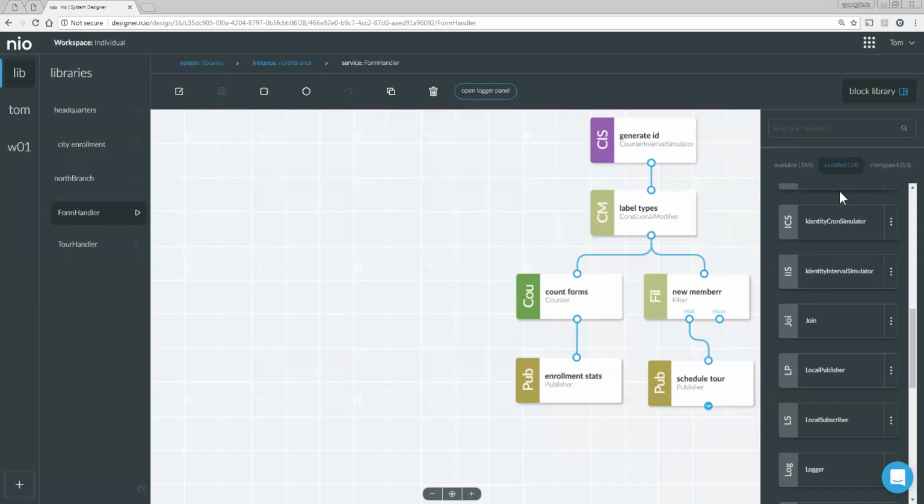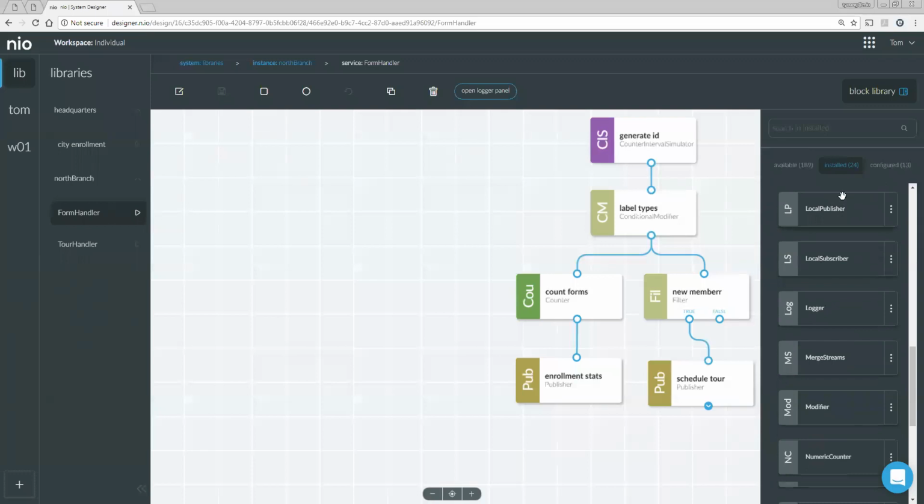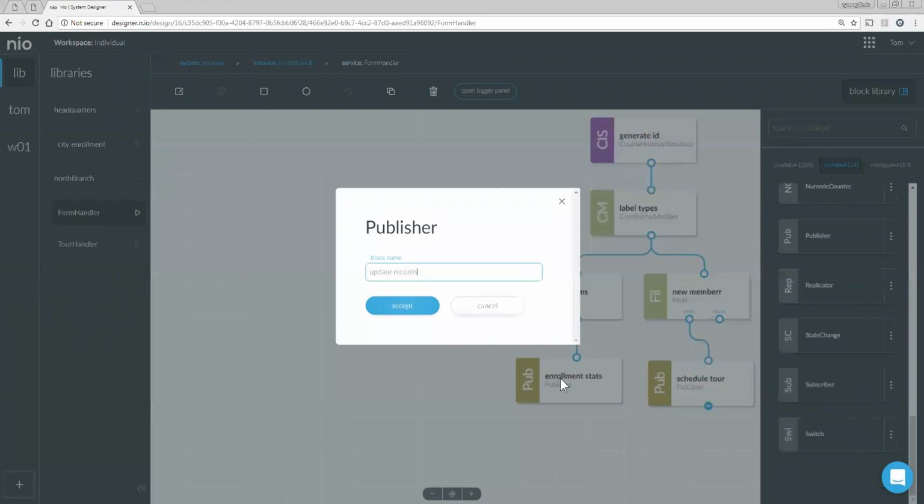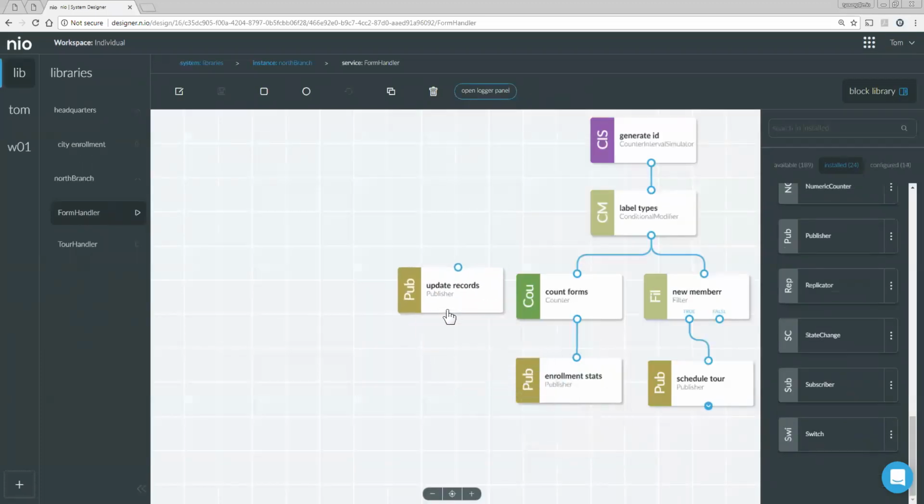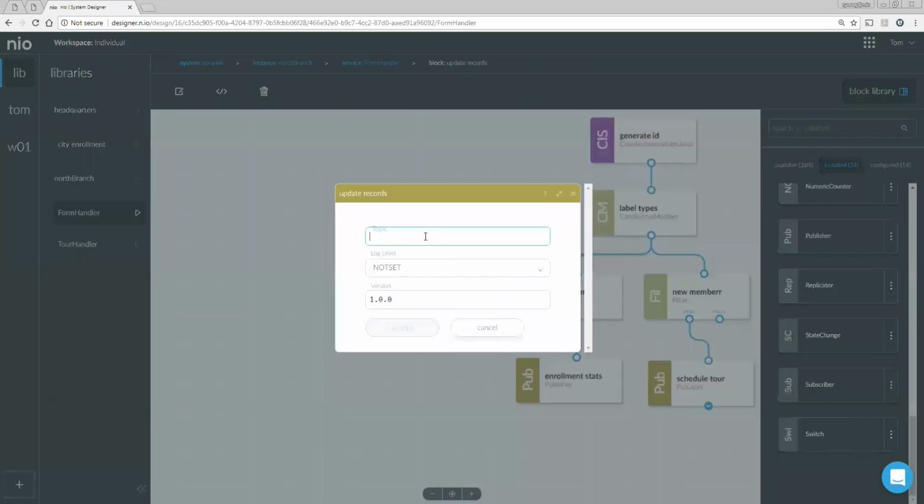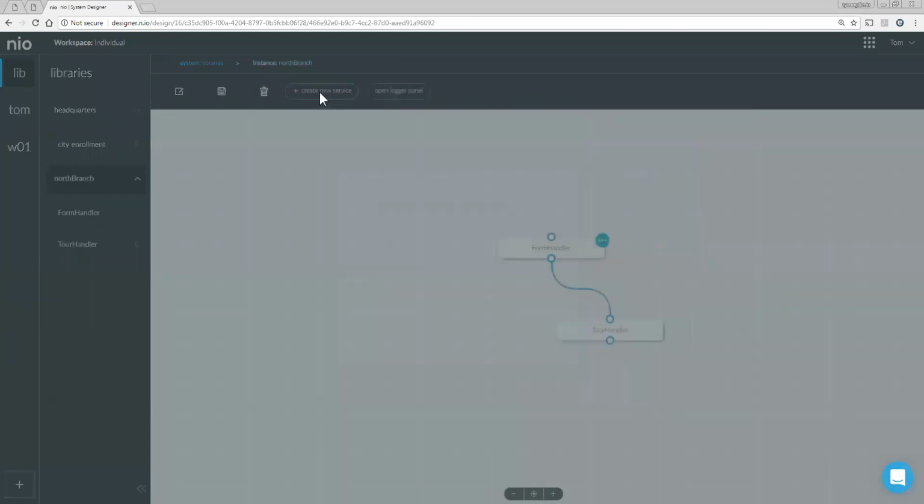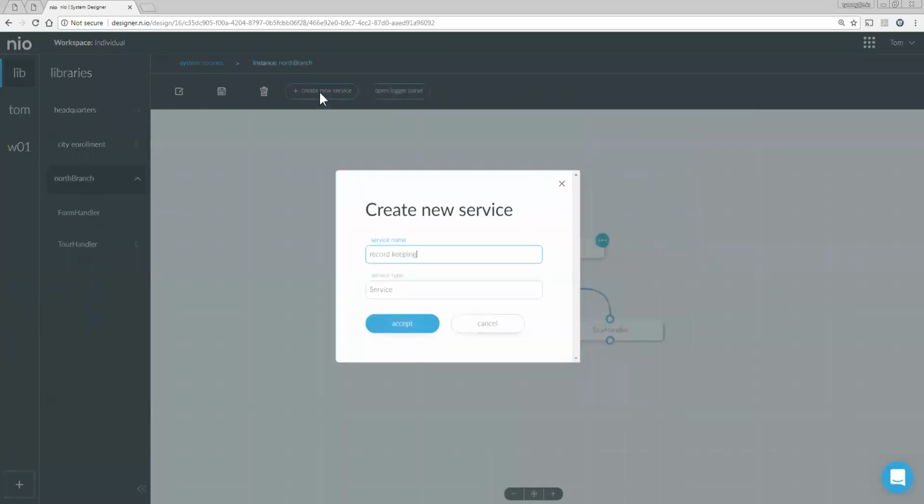But I do want to show you how I might go about just creating another publisher so that when I'm ready to, I can come back and create a new service that is going to process my applications, put them in the database, do whatever has to be done. So I can scroll down here to my publisher, and we're going to say this is for updating records. And I can just make another fork of my signals, and this would be records. So whenever I was ready to, I could come back here, create another service for record keeping perhaps,